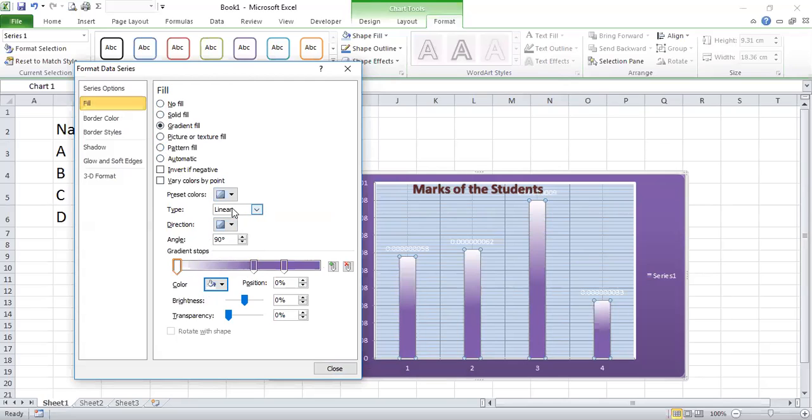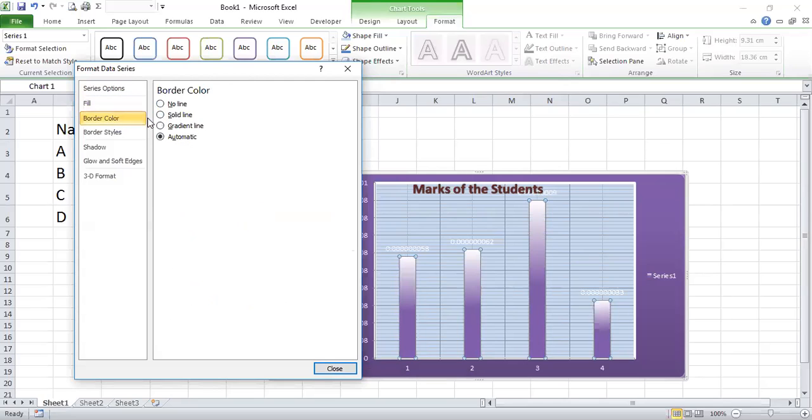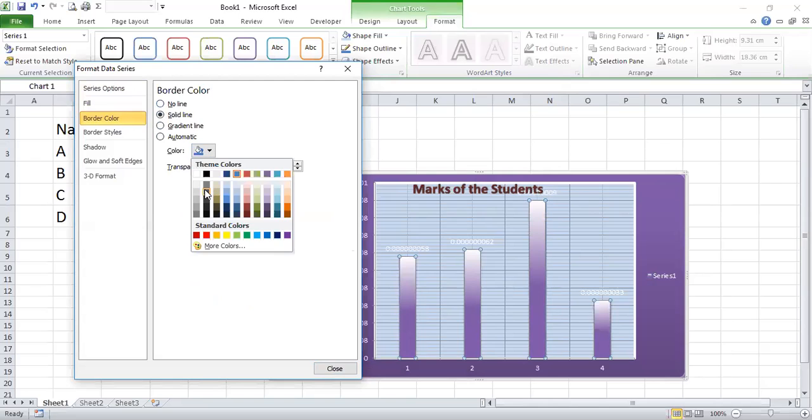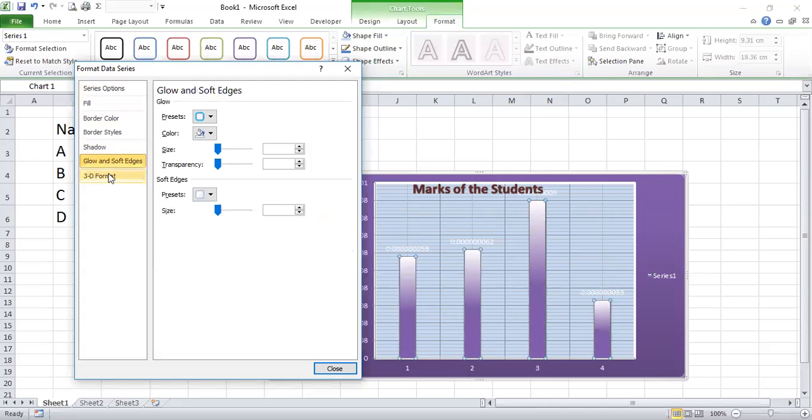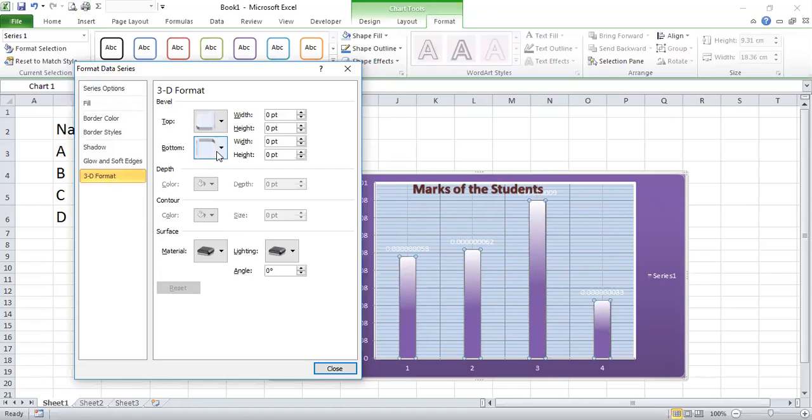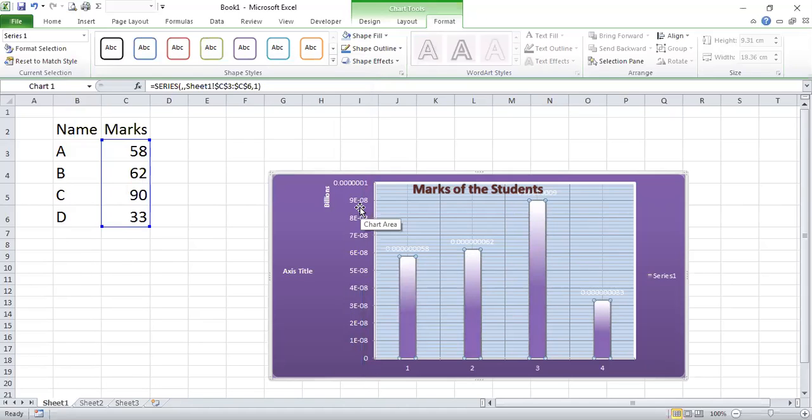Fine. So whatever format you want to do, like border, if you want to show, the borders can be shown, right? Likewise, glow effects, 3D effects you can give. Okay. So whatever format you want to change, you can simply do it, right? So that's it from my side. Just practice this at home, and then we'll discuss in case